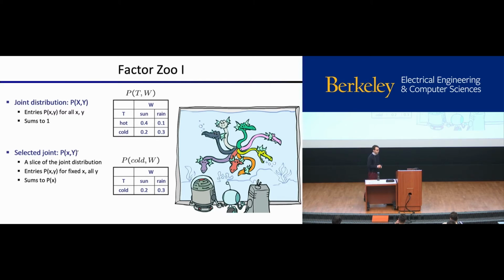Okay. Oh, yeah, one more thing. I think I mentioned this already, but the number of capitals is going to tell you the dimensionality of the table. So if I see 2 capital letters, X and Y, that's a 2 by 2 table. It's 2-dimensional. If I see 1 capital letter, P of x comma capital Y, we get rid of the temperature dimension, and we only have the weather dimension now. So it's a 1-dimensional table. So the number of capitals tells you the dimensionality, which is kind of helpful.